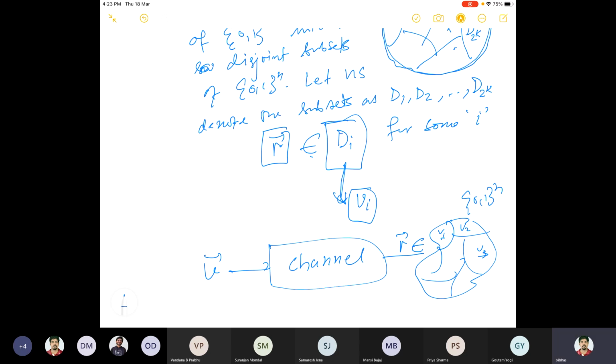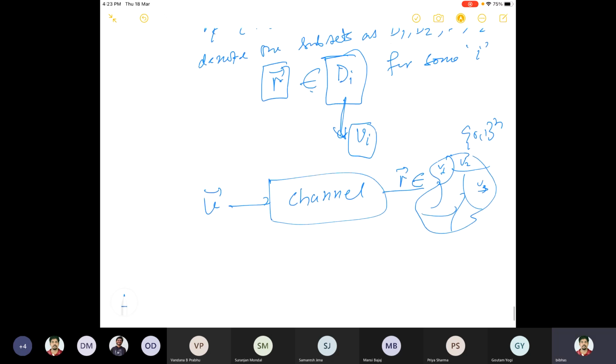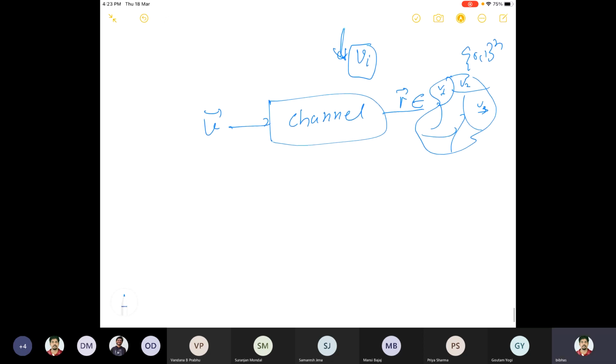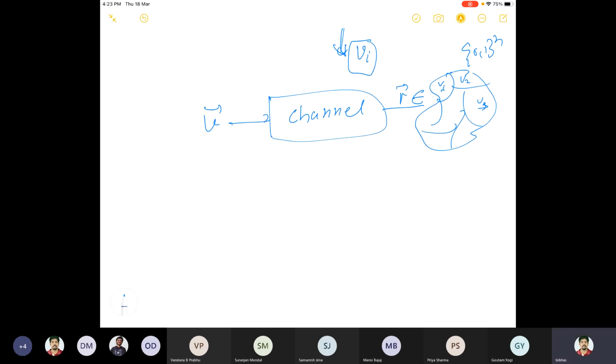Okay. So now let us begin how to create this partition. First, we'll create a matrix type of thing, an array, you can say. I'll create an array. Now what I'll do here is